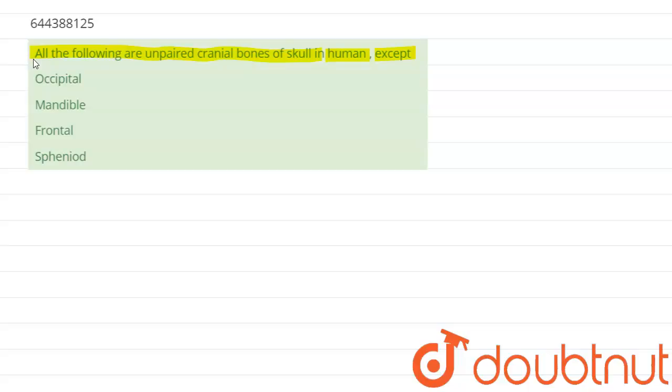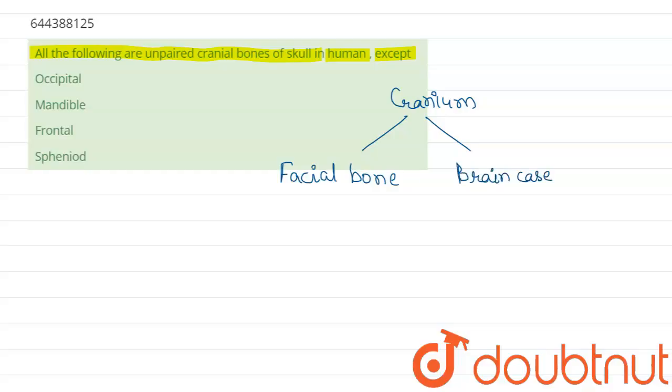So the cranium or the skull is a skeletal structure of the head that supports the face and protects the brain. It is basically divided into the facial bones and the brain case. In total, the human skull consists of 22 individual bones, and 21 of these are immobile and one is united into a single unit. The 22nd bone is the mandible or the lower jaw, which is the only movable bone in the skull. Of these 22, 21 are immobile